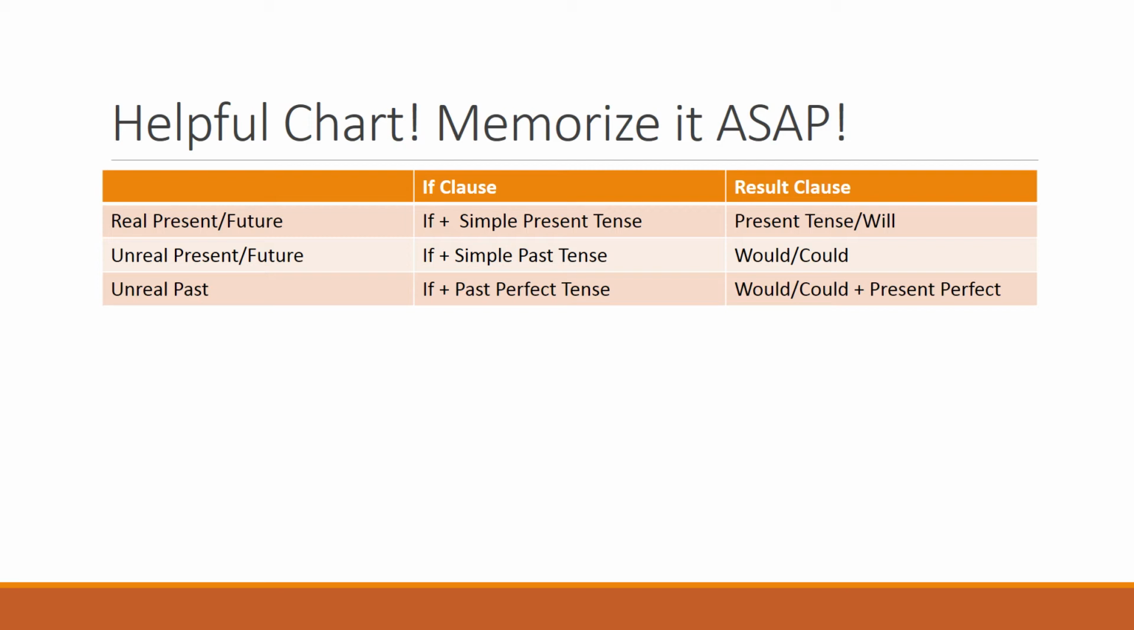With the unreal present and future, we'll use if plus the simple past tense in the if clause, and would and could in the result clause. And in the unreal past, we will use if plus the past perfect tense, and in the result clause we will use would or could plus the present perfect. Now, why do you need to memorize this? Because this